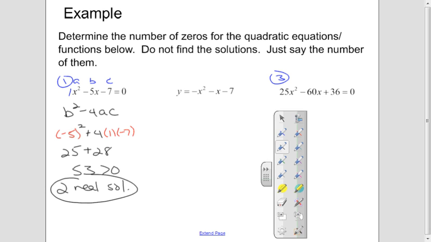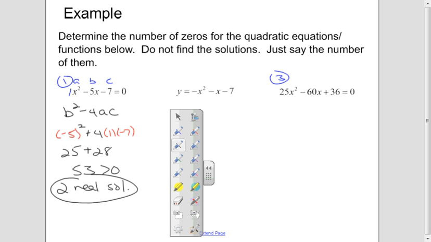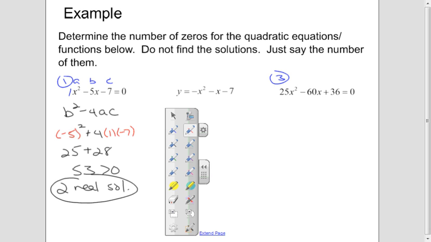I don't know what they are just yet. I'm just trying to classify them and do some observation of what to expect. Okay, so now if I look at 3 here, I've got A is 25, B is -60, and C is